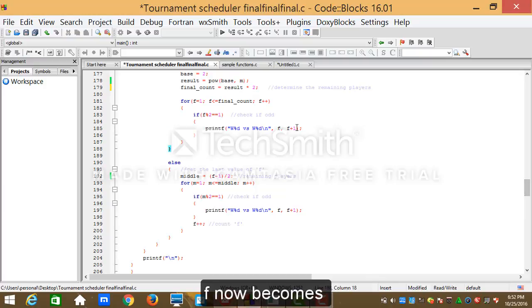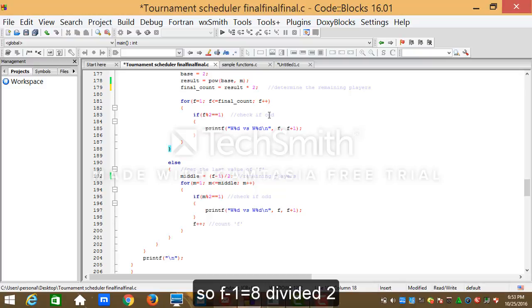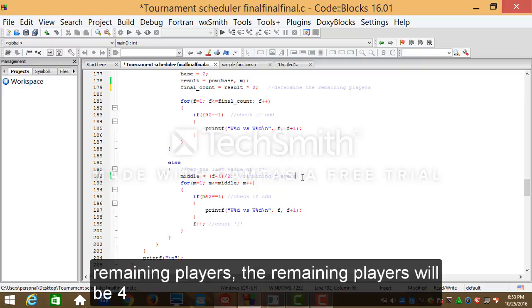The last value of F is 9. So F minus 1 is equal to 8, divided by 2. That's 4. Meaning, middle will count the remaining players. The remaining players will be 4.